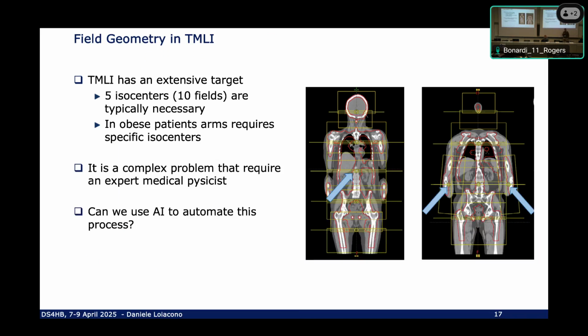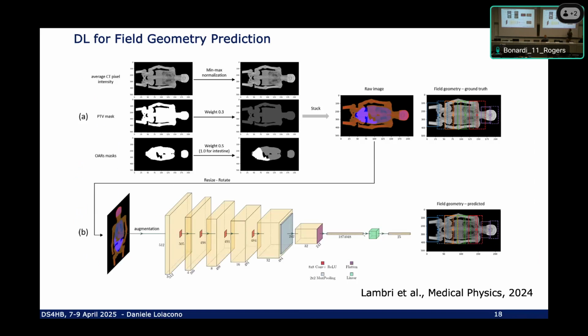And so it's necessary to define the optimal positioning of this field. This is something that is typically done by the medical physicist, but requires excessive expertise with this specific treatment. And our idea is, can AI be used to automate, or at least partially automate, this process? To investigate this, we trained a deep learning model to try to predict the optimal position